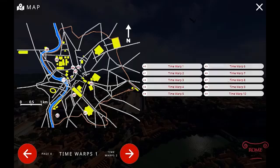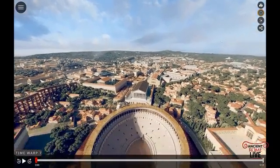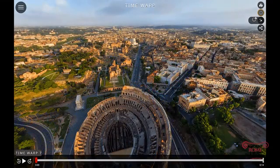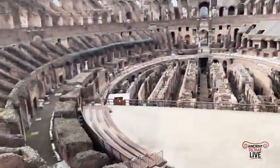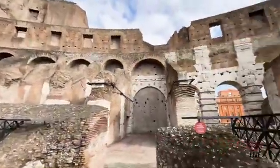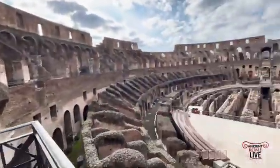Now we can time warp to another destination, and that's the fun thing about the app. Now here we are, overlooking the Colosseum itself. And to the right, it's the Baths of Titus, and they were contemporary with the inauguration of the Colosseum in the Flavian era. Of course, you don't have pretty much anything of the Baths of Titus preserved, but we have so much of the Colosseum. So we love to take you inside with Ancient Rome Live. With the reconstruction, the virtual reality program, you'll come inside and see an accurate restoration and reconstruction of the original